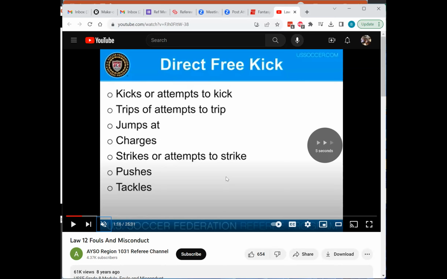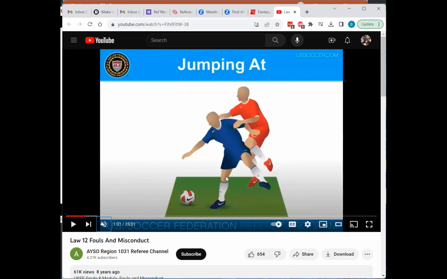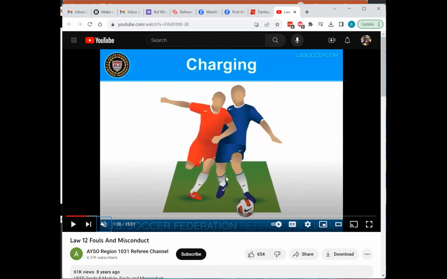And they give some good examples with some photos. So tripping, this will happen with some regularity, so you should be looking out for that. Jumping at is a little weird, but there are instances, probably more so at the upper level with headballs that are coming down from the air and players are trying to get into the same area sometimes. Charging is very frequent. Charging took me a long time, and even today I'm still a little